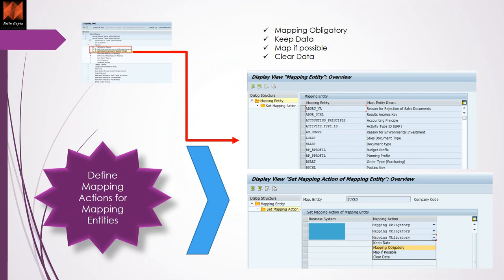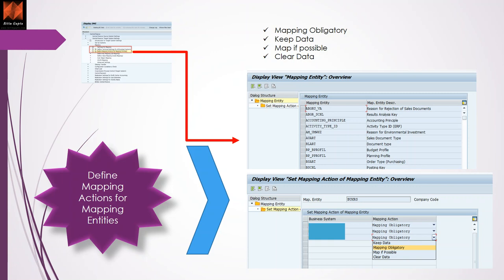Map if possible may not be applicable for company code, but for other objects it is: if you find the object, map it; if not, try to read the keep data option. Clear data means anything coming from the source system will be cleared; it will not use the mapping option, and it will just process and clear it out.